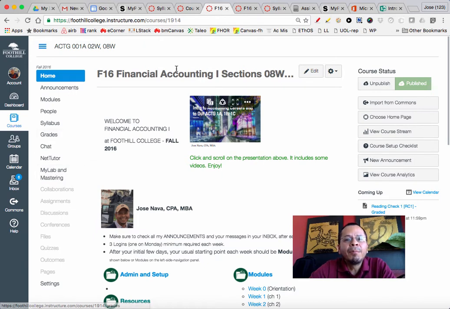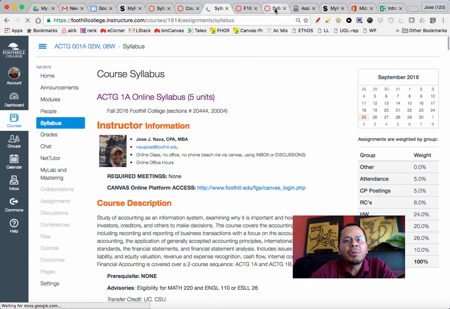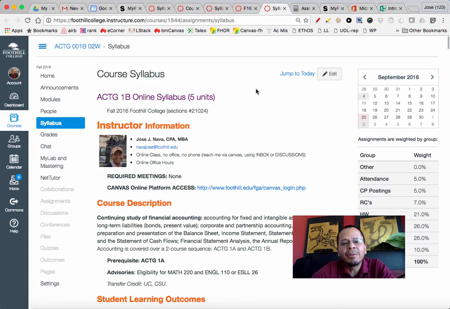Now let me go back to the syllabus actually for Accounting 1A again. So I'll take a look, here it is. And I'm also going to show you at this moment the Accounting 1B syllabus. And you'll notice it's very much the same thing. I use kind of the same setup with slightly different content. On the right side of the Canvas syllabus page, you will see that you already have the weights of the grading components that make up your grade. And they're very similar between Accounting 1A and 1B, obviously different content for each class.